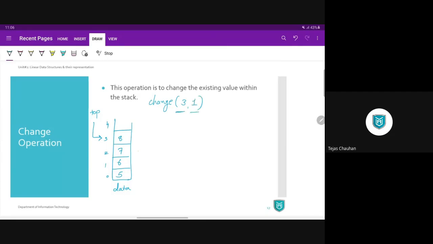So remember, the first one is the position and the second one is the new value. Whatever existing value you have there doesn't matter. You just go and replace that existing value with the given new value. At what position? At position number 3 given.